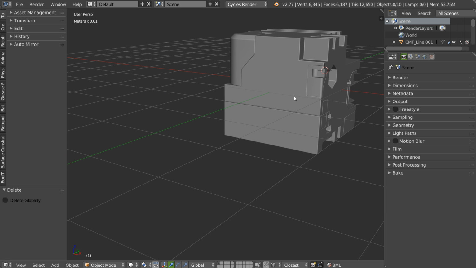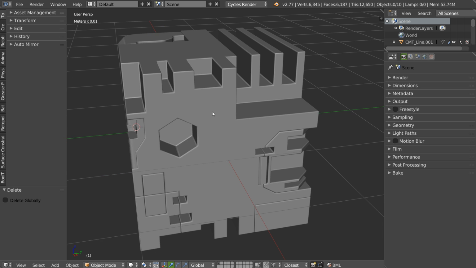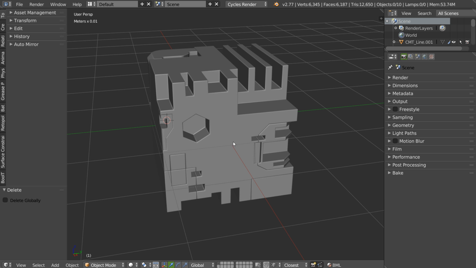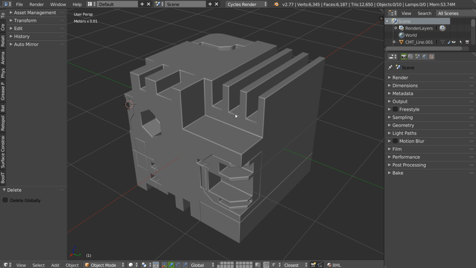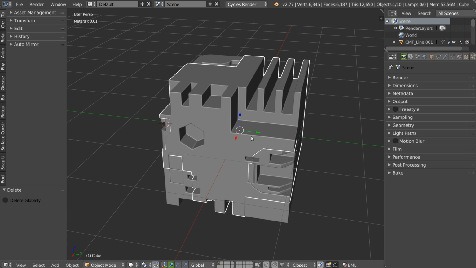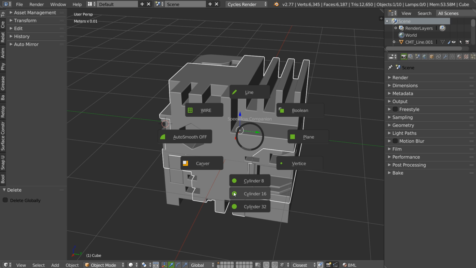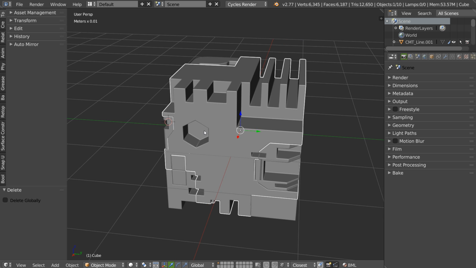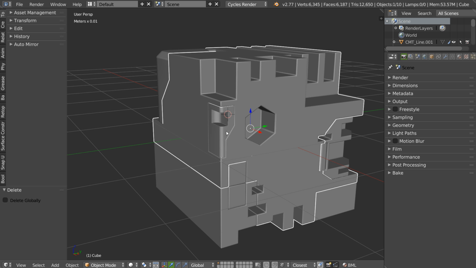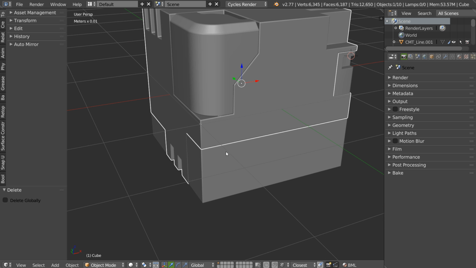And that's it. I think you can see the potential of the new tools. They are really great, and you can do whatever you want. And this one is useful. I use it a lot, and this one too. And Carver too, and HardOps also, depending on what you want and what you need.